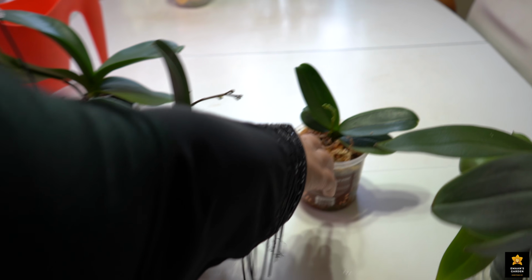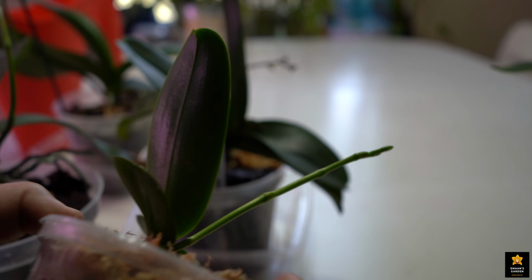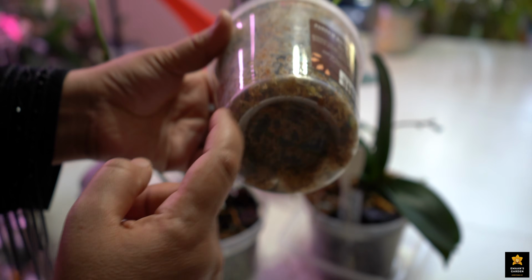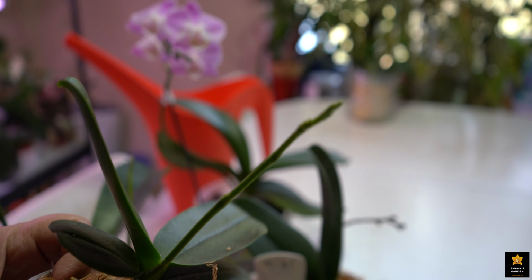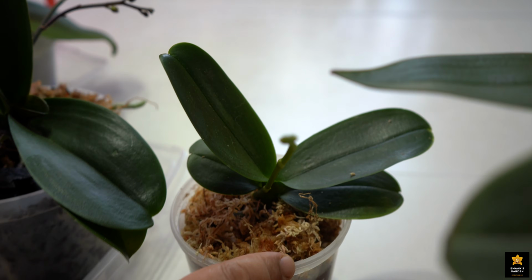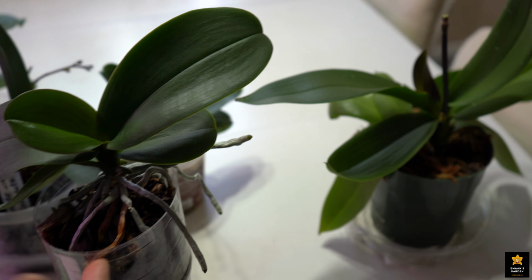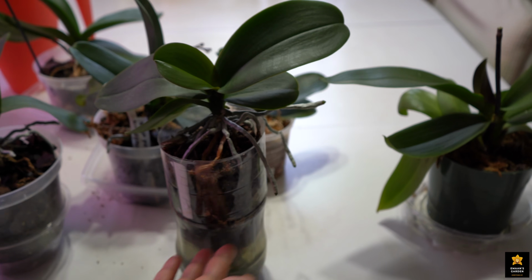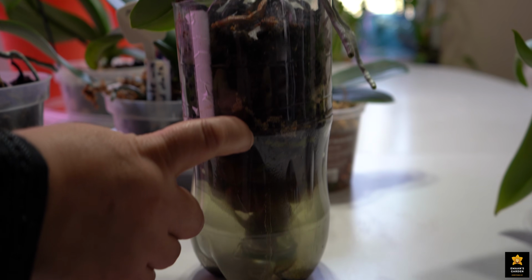And this also is easy, because it doesn't get dry very fast. Whenever you see the sphagnum moss extremely dry, crispy, you fill water and you pour that water out, and that way you leave it. It's also comfortable, because you don't make drainage holes here. You need to see if this method will work for your environment or not, because this method doesn't work for some people, for some environments. And this method also is very comfortable. You just fill water, and you don't need to care about your orchid for months, even more than months, until this water escapes from this